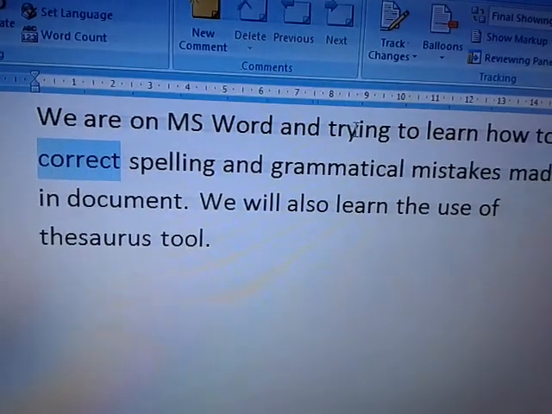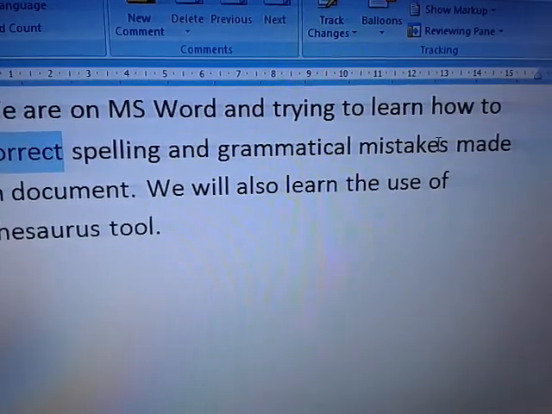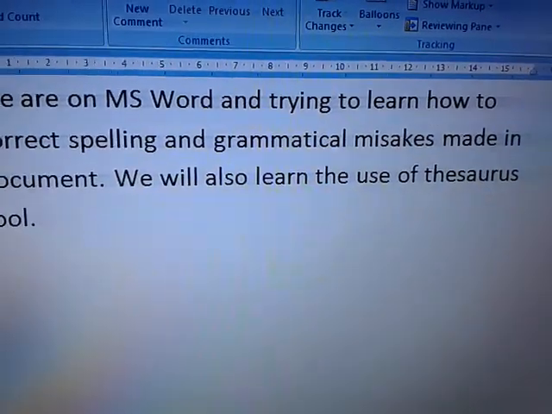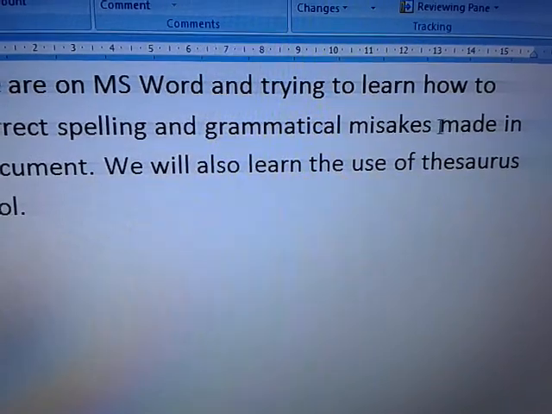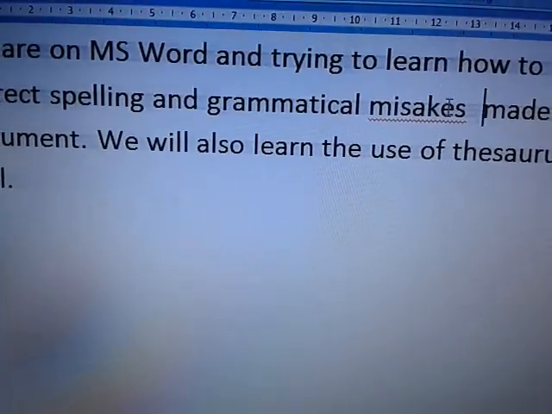And for doing this grammatical correction and spelling correction, I will show you this once again. Say this word, mistake. I have not written this T. So this is a wrong spelling. How will I correct it?